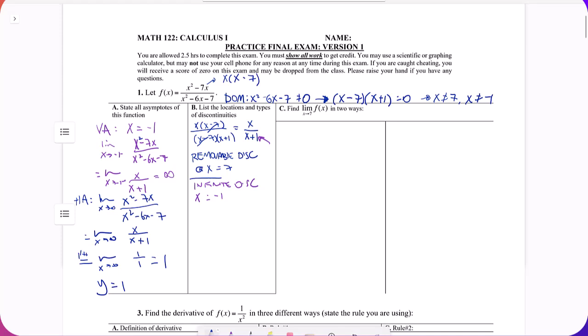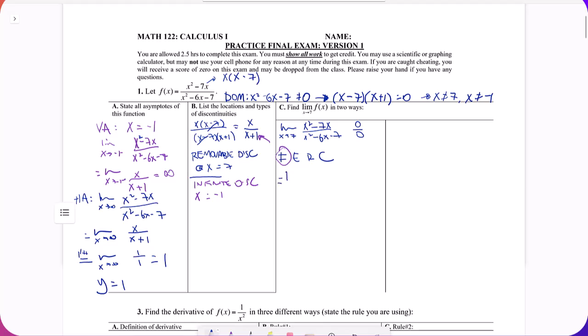Next, we want to go ahead and find the limit as x approaches 7 in two ways. The limit as x approaches 7 of x squared minus 7x over x squared minus 6x minus 7. Okay, knowing we get 0 over 0, we want to FERC. Factor, expand, rationalize, combine. In this case, factoring is the way to go, but we already did that. And so we know this is going to be equal to the limit as x approaches 7 of x over x plus 1,